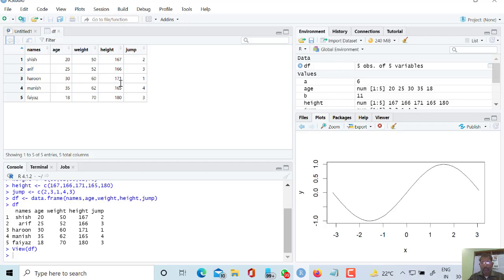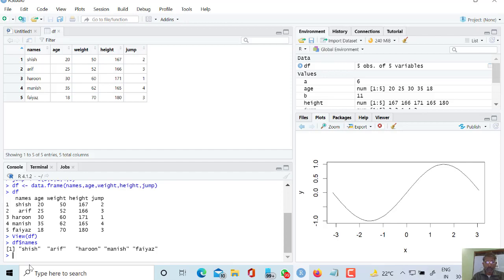Now I'm going in reverse order. I want to check which kind of attributes the df data frame has. The name of the data frame is df here, and for this we will use the dollar sign. These are all the attributes. So df names are here: Sis, Arif, Harun, Manish and Fayyaz.